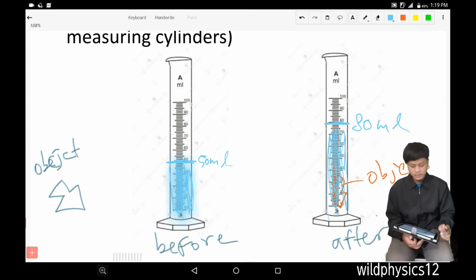What happened here? We can measure the volume of the object by using the displacement